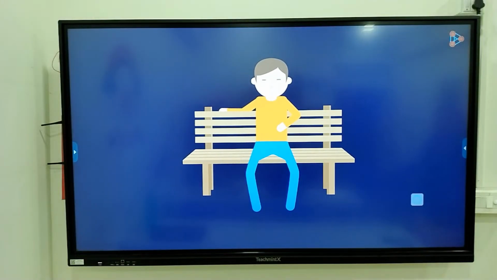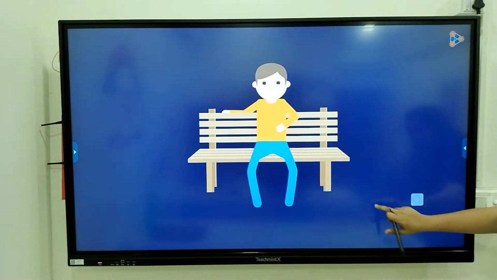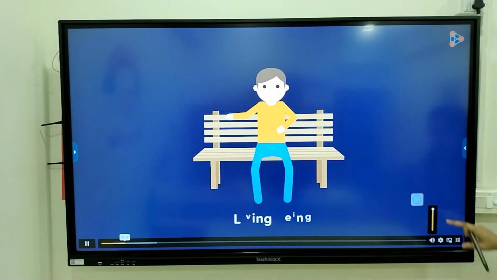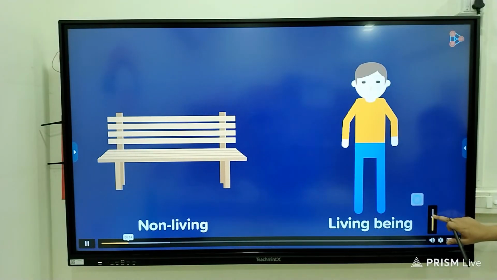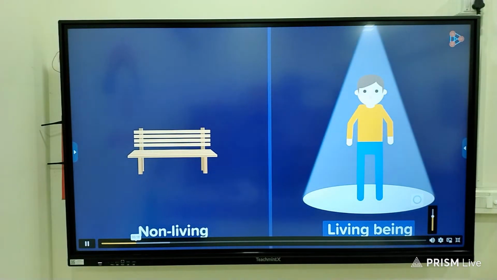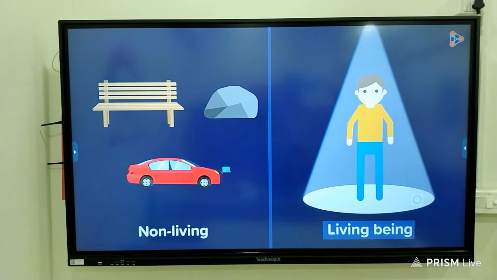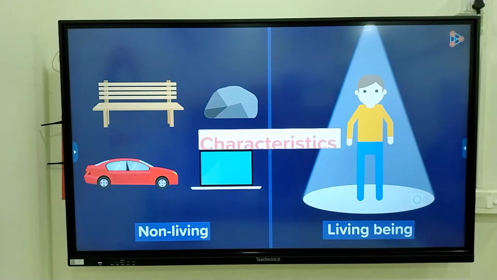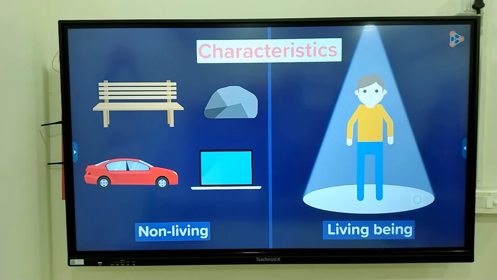Look at this bench. There is a man sitting on it. What is the basic difference between them? The man is a living being while the bench is not living. But what makes us living beings and these objects like the bench, a stove, vehicles, gadgets, and other similar objects non-living things? The simple answer is the characteristics that are possessed by living organisms which are absent in the non-living